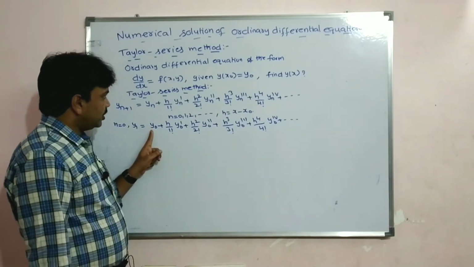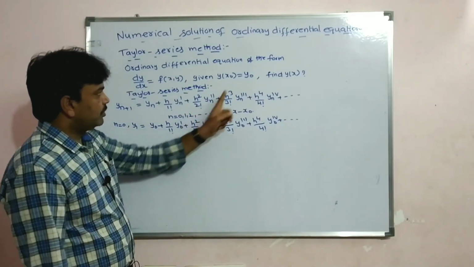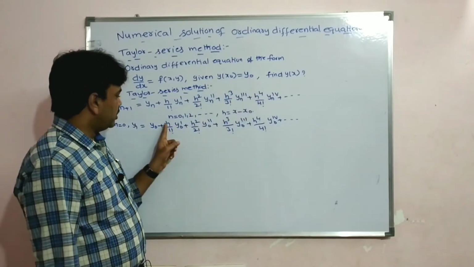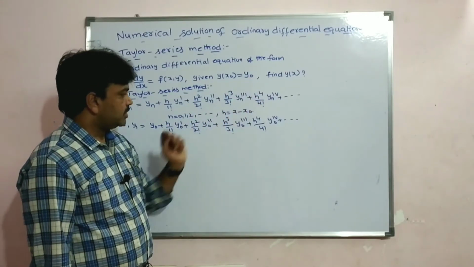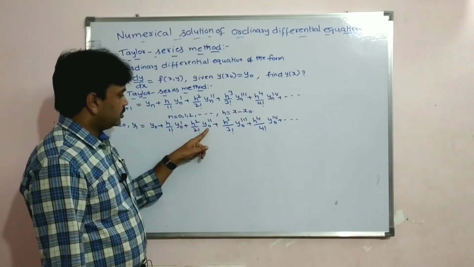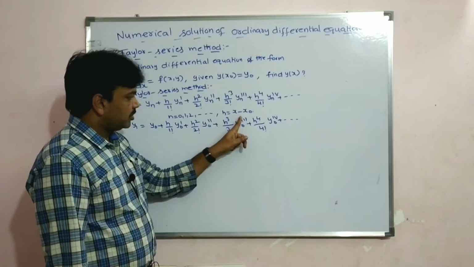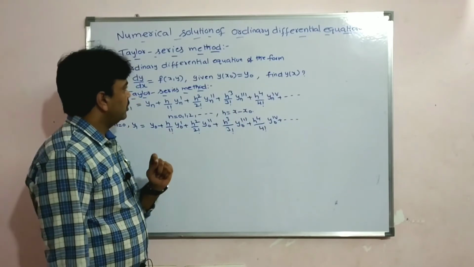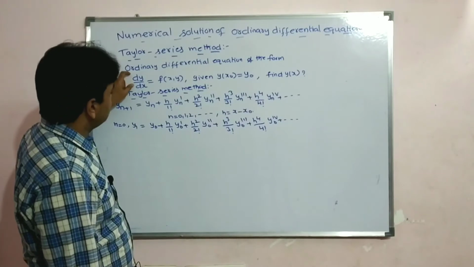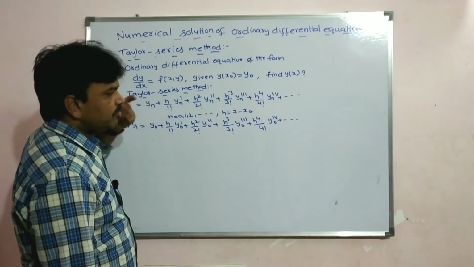Now, what is y naught? We know y naught here. This is y naught, and h is x minus x naught. Now y naught dash, y naught double dash, y naught triple dash, y naught power 4. Now if you observe the differential equation, dy by dx means